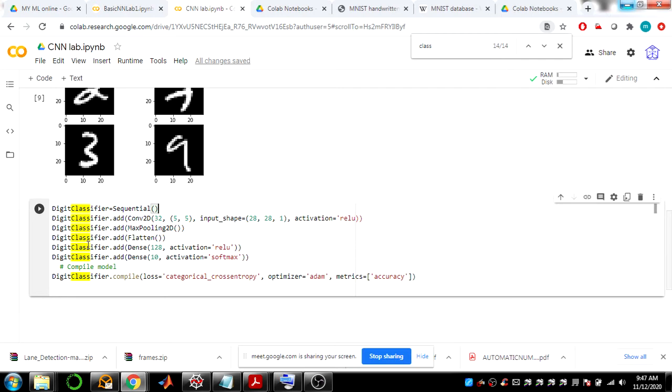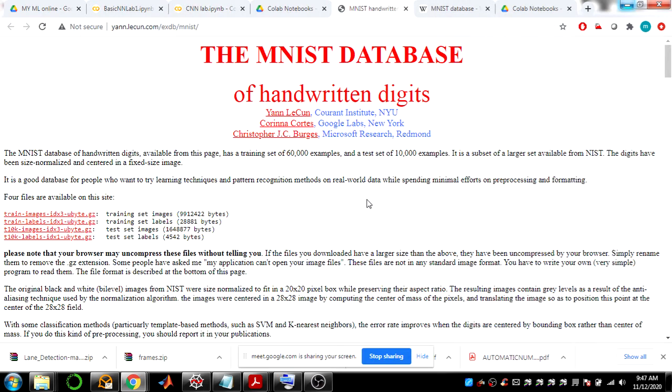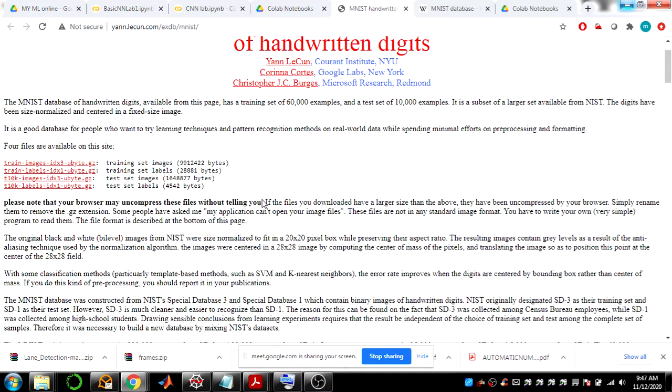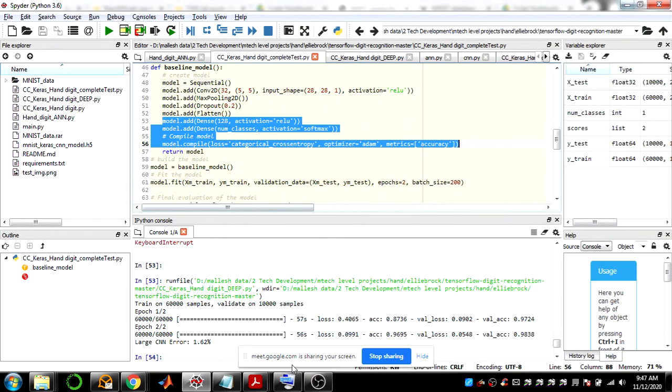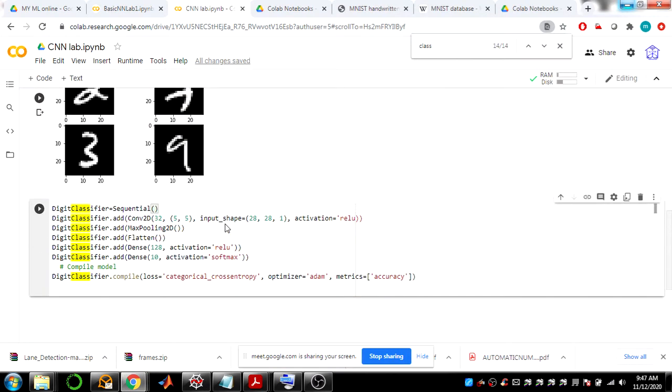Since this is an example of a convolutional neural network, instead of dense we will begin with Conv2D, and we are choosing 32 filters of size 5 by 5; you can go with 3 by 3 also. Input shape is 28 by 28 by 1. These images are of size 28 rows and 28 columns. We got to know this from this website, where the size of the image is also mentioned. Each image is centered at 28 by 28, so that is how these inputs have been taken, and for that purpose I have taken this size as 28 by 28 by 1.